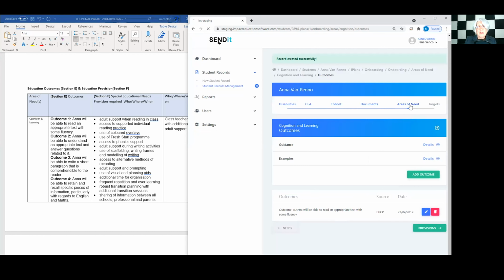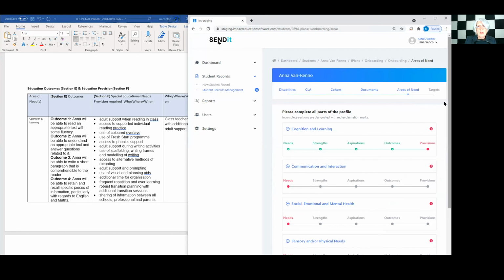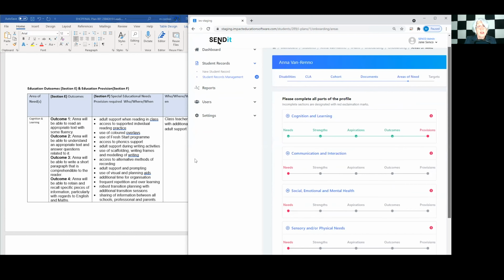And then back to the areas of need. Now I'm going to do a separate video on how to digitalize the provision as listed in section F. So I'm going to leave this video for now,